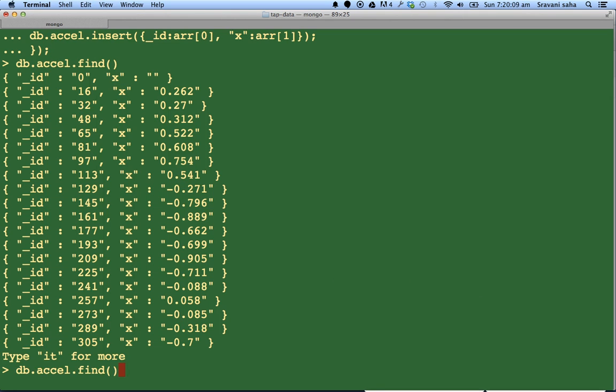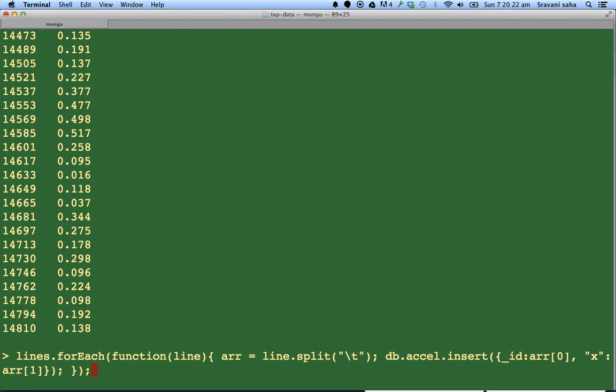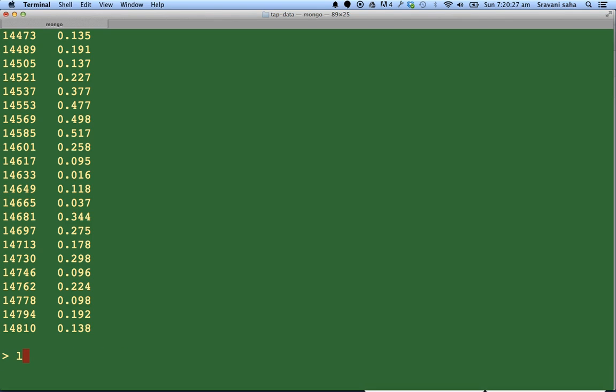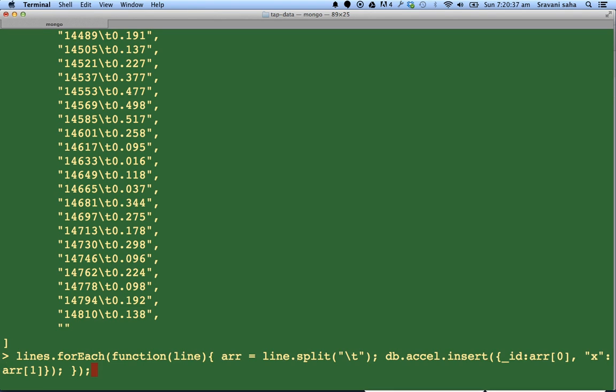Now similarly, I said y equals cat of underscore y dot txt. Now y is there, similar to what we just did. So first we will split lines equals y dot split with a new line. And then the way we have done it here, for each line array we have split, and what we will do is,